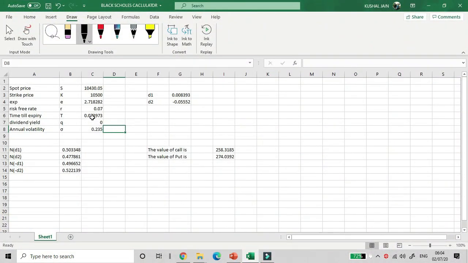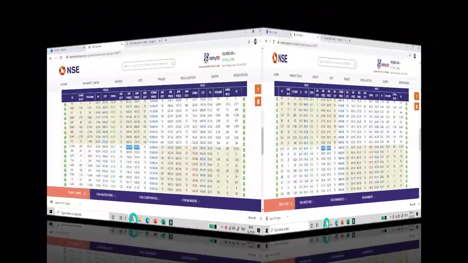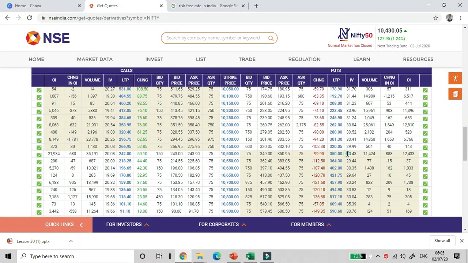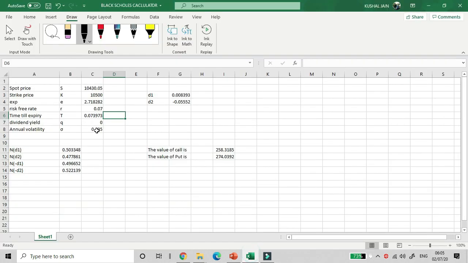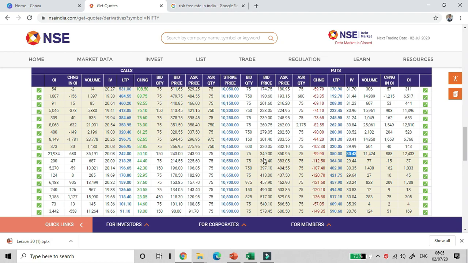The mistake that we are making, I guess, is in the risk-free rate of return and time till expiry. I have to be more precise in time till expiry, but more or less what you will see is we are getting closer answers. Similarly, let me check for put. The volatility of put is 30, so let me add volatility as 30 here, and the value of put is 347 according to our calculation, which is almost there, 349 to 350.